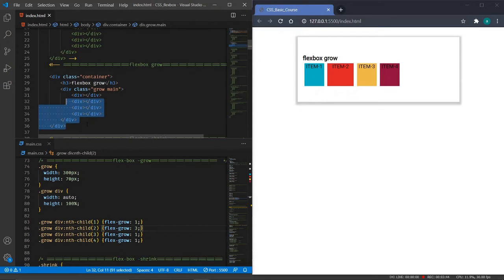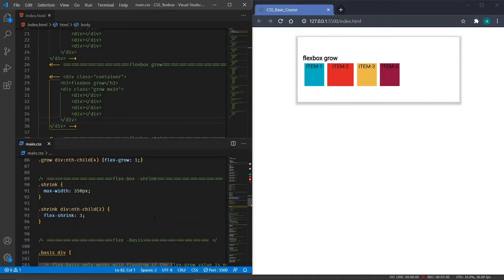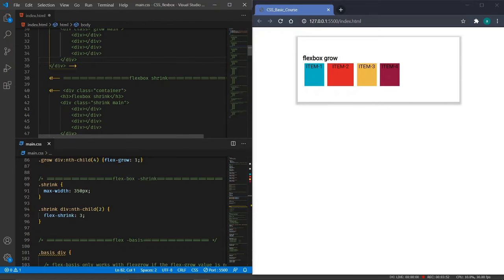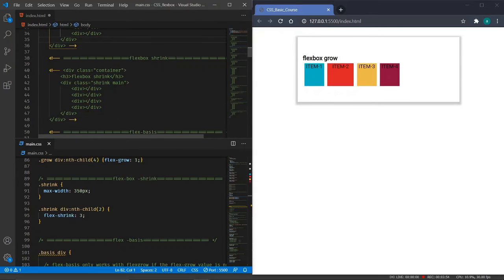Next comes the shrink. In a similar way we can have a look at the shrink also. As we have grown, we have increased the width of the child element in the grow part. We can reduce the width of the child element using the shrink also.